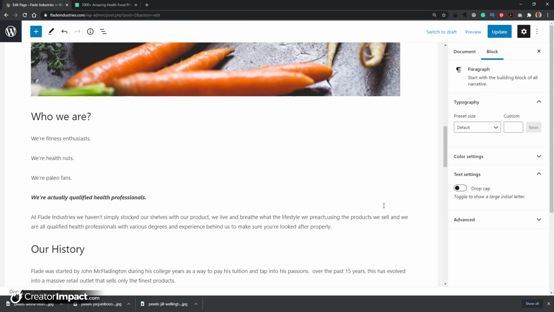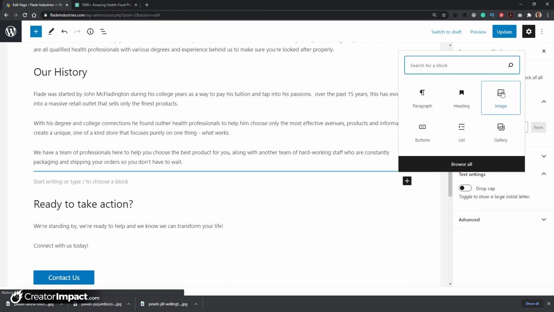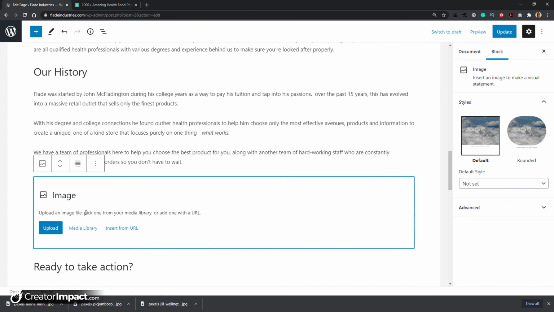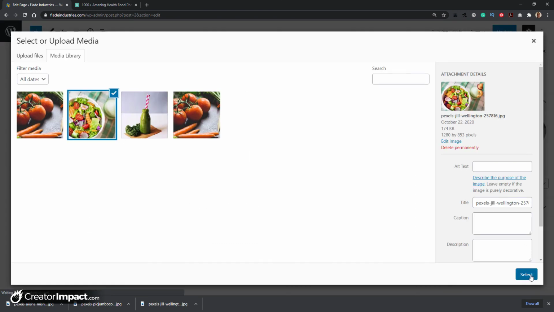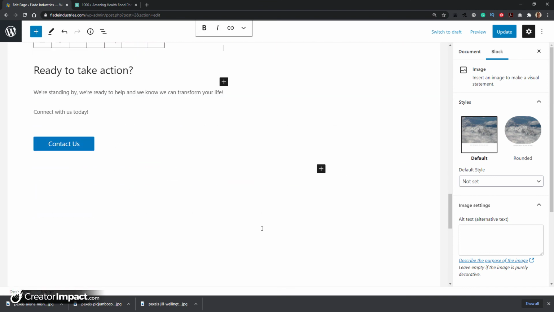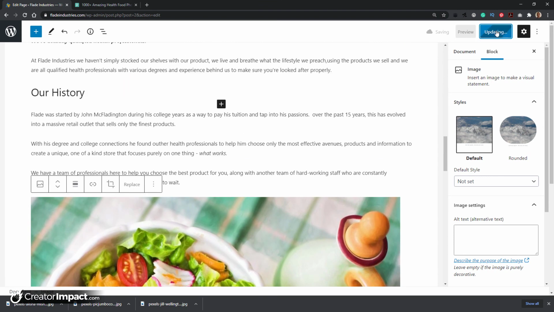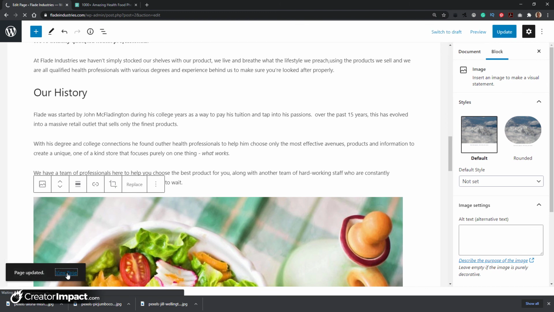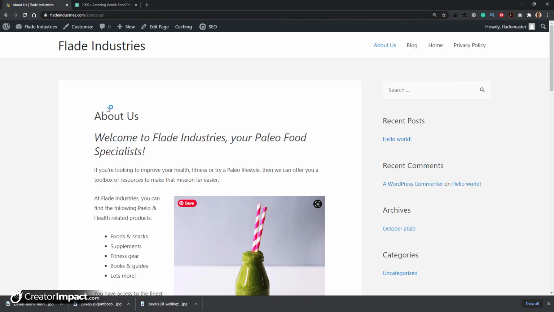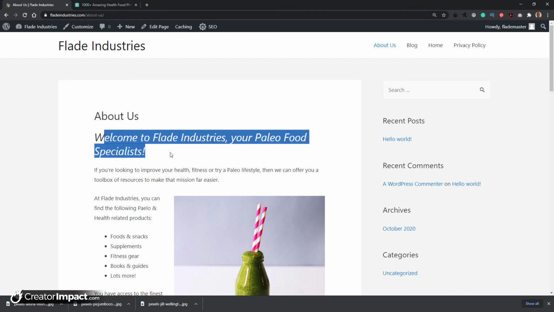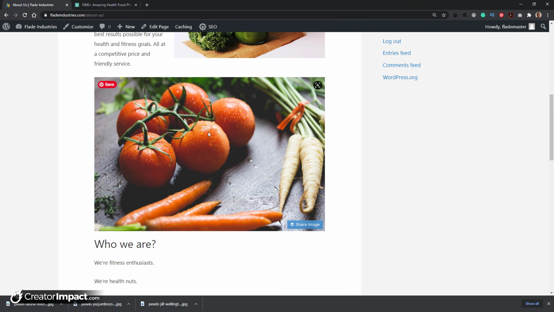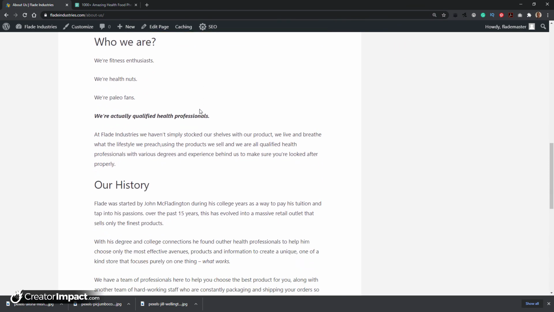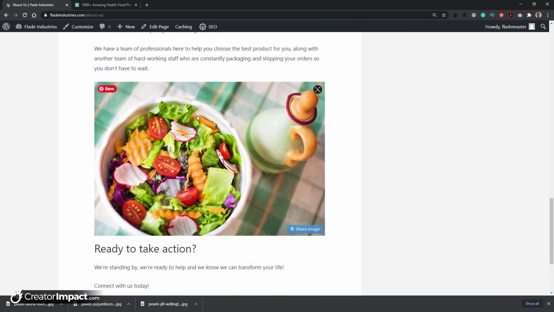So we've got the tomatoes. Let's go here, add an image, media library, and we can go for our little bowl of food there. Okay, so I'm pretty happy with that. I'm going to update this page, and then I'm going to view it and just see how it looks. So you can see here we've got our About Us, Welcome to Flat Industries, a little bit of a rundown with a picture on the right, our tomato image, a little bit more, and we've got our image above